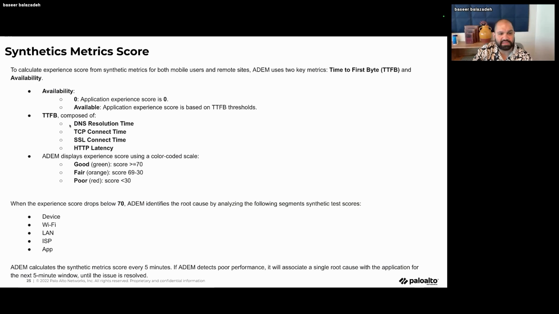The next component is the time to first byte, as I showed earlier. Based upon this, we'll give the performance of the site these different scores: green, good, fair, or poor. If a page gets a score of 70 or above, it's good, it's performing well. Now, if a page gets a score below 70, then this is when we start looking at these